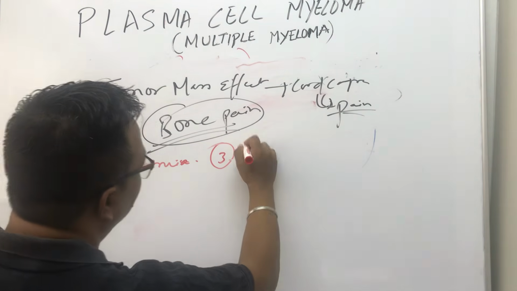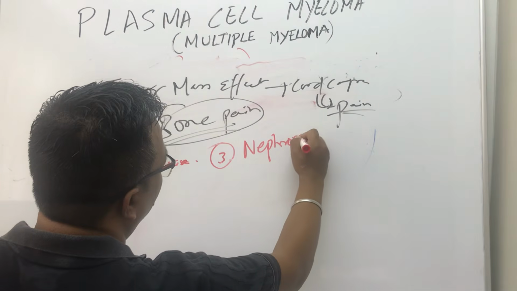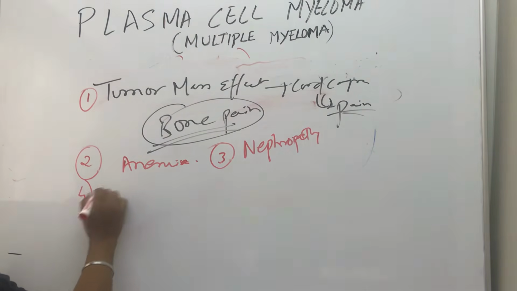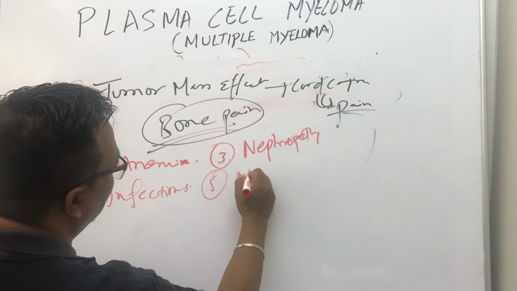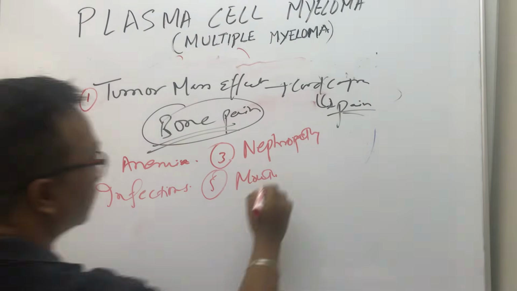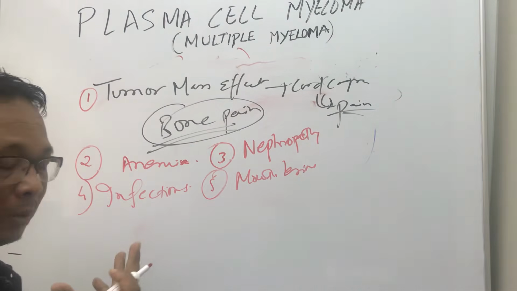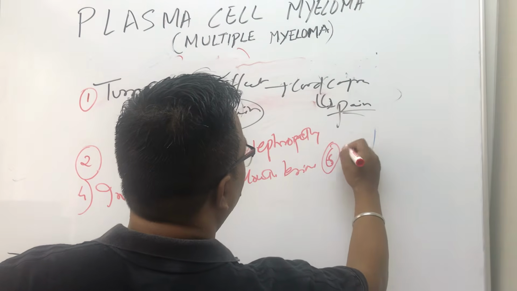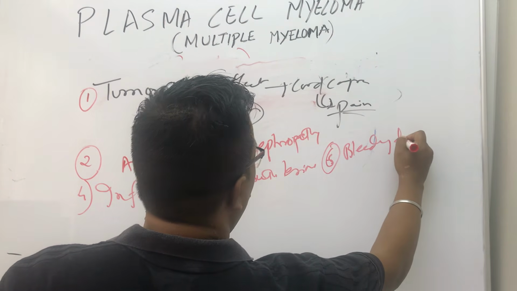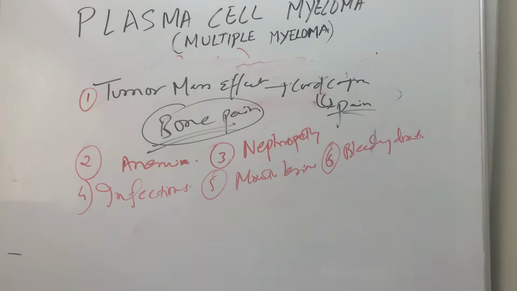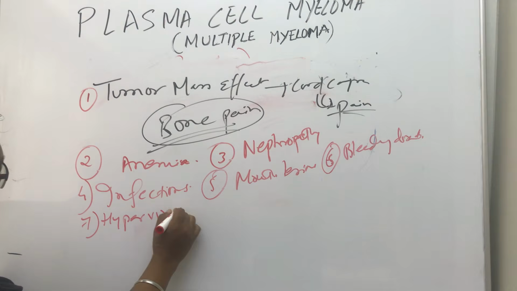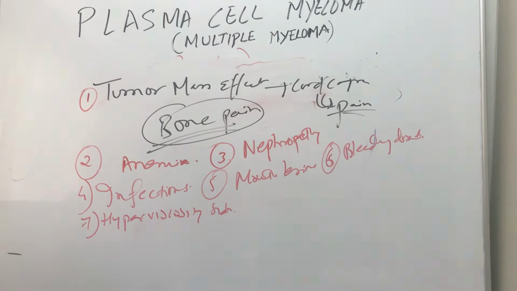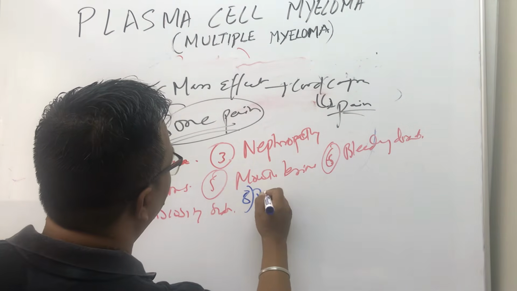Then nephropathy, infections, mouth lesions, difficulty in movement of the mouth, bleeding disorders, hyperviscosity syndrome, peripheral neuropathy,